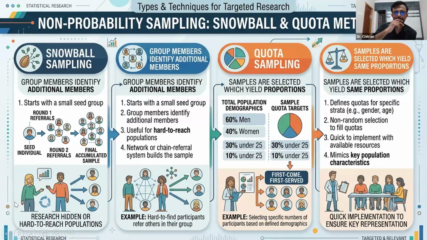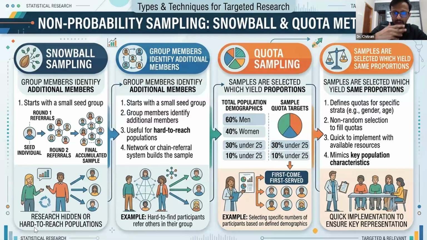So this is snowball sampling and quota sampling. Snowball sampling is based on your known connections. You're working on a community, and there's an individual, and through that individual you get connected to some other individuals, and from those individuals to a larger set of individuals or a community. So everything is through your connections, right?